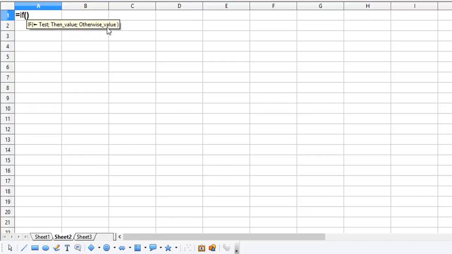otherwise value. Now what IF does is, I have a condition, I have a criteria, and I want to check if this criteria is fulfilled. Then I have a certain value, that will be your then value, semicolon, otherwise I have some other statement. Okay, so for example, if I say IF